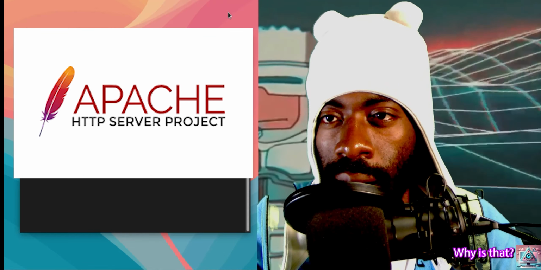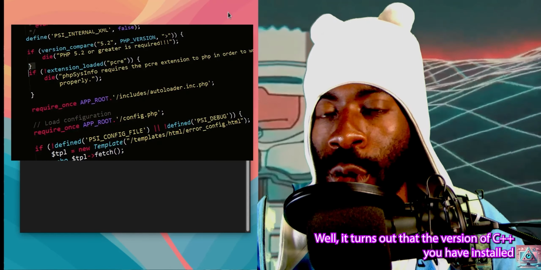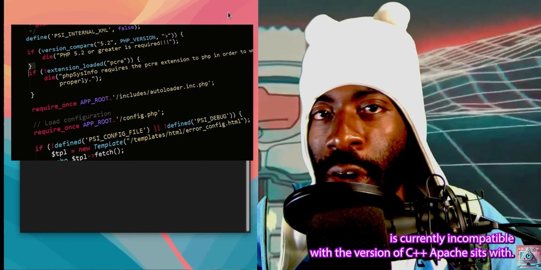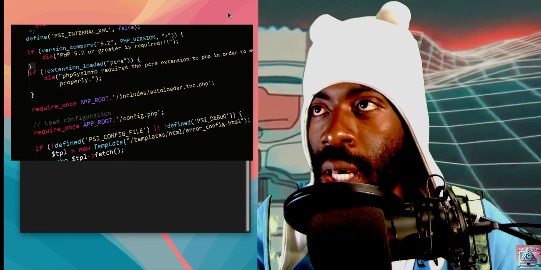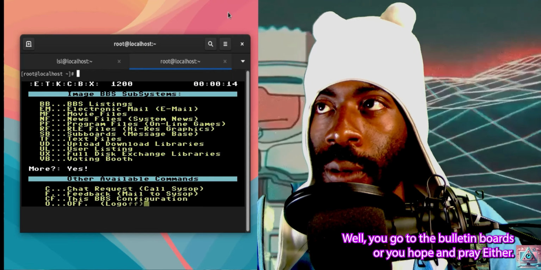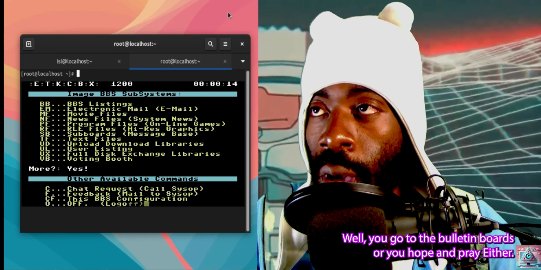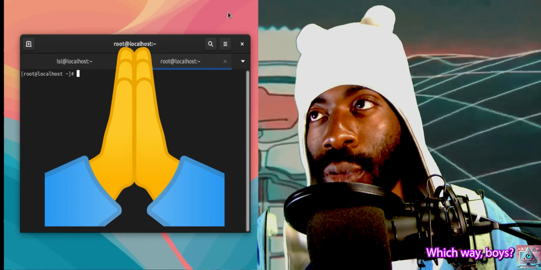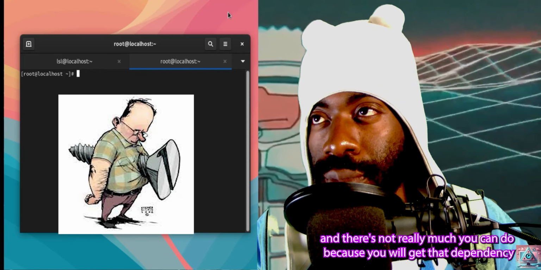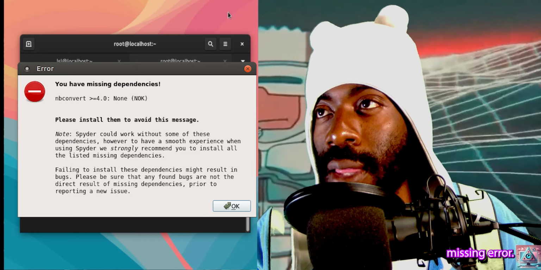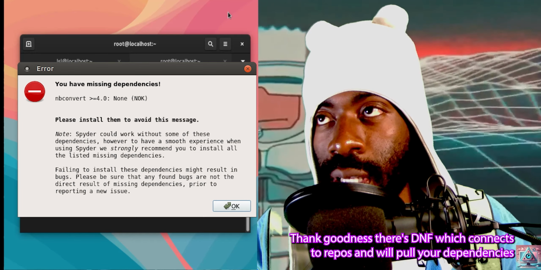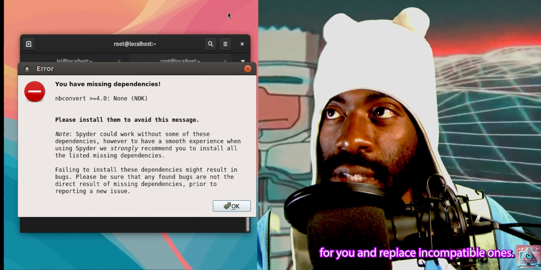compatible. Why is that? Well, it turns out that the version of C++ you have installed is currently incompatible with the version of C++ Apache ships with. So what do? Well, you go to bulletin boards or you hope and pray. Either way, you're kind of screwed and there's not really much you can do because you will get that dependency missing error. Thank goodness there's DNF, which connects to repos and will pull your dependencies for you and